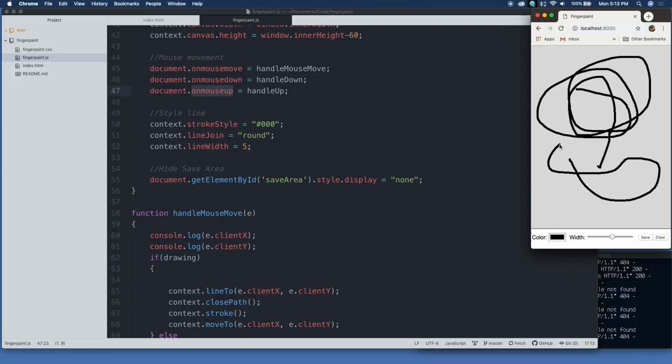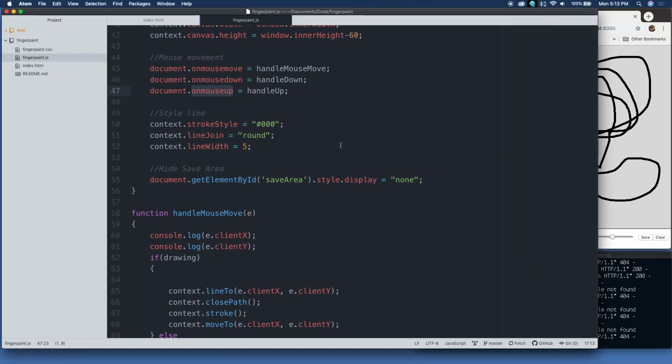So there's actually actions firing here almost constantly as I move the mouse. You want it to be fast so that the drawing takes place right behind the mouse movement. So you don't want there to be any latency or delay. Okay, so let's now take a look at the next part where here we're just setting the initial style of